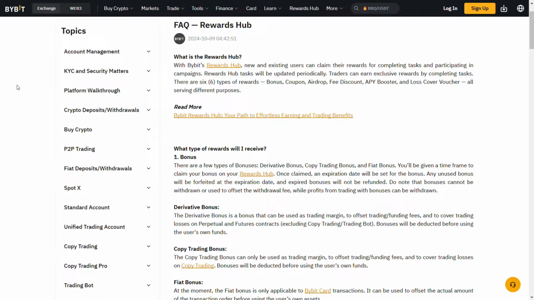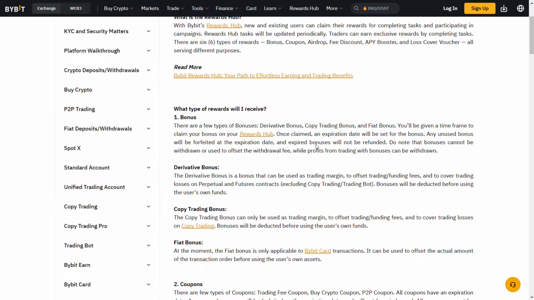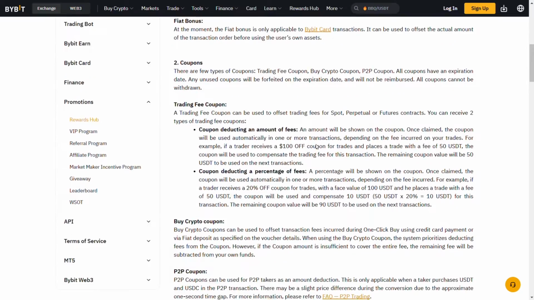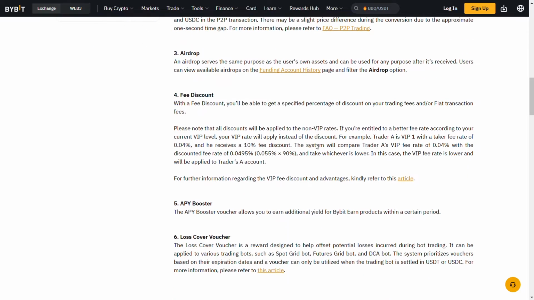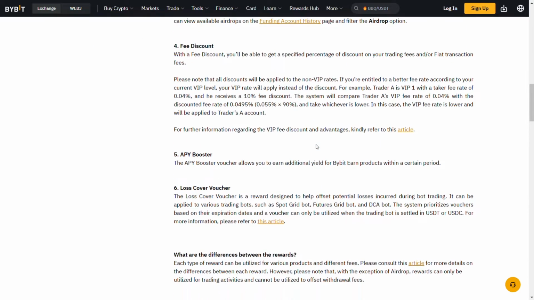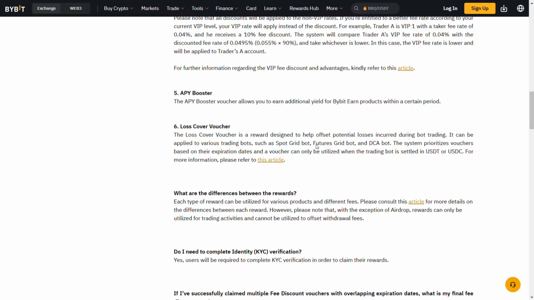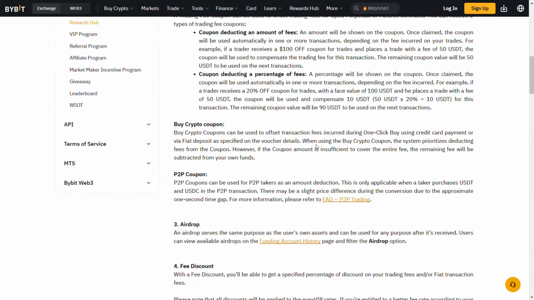you have stored. So there are different types of rewards that you can receive, like bonus rewards. You can receive coupons, which we're talking about. You can also receive airdrops. You can receive free discounts. You can receive APY booster. You can receive loss cover voucher. So these are different types of rewards, but right now we're specifically going to be talking about the 20 USDT